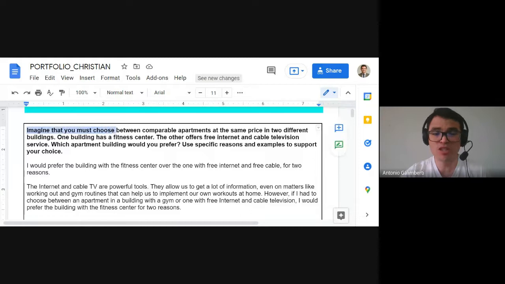Imagine that you must choose between comparable apartments at the same price in two different buildings. One building has a fitness center, the other offers free internet and cable television service. Which apartment building would you prefer? Use specific reasons and examples to support your choice. That is the task. And here we have an essay with